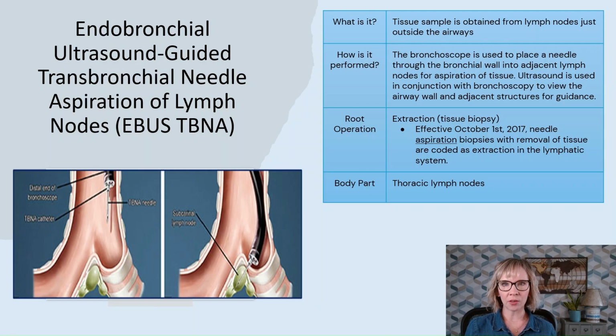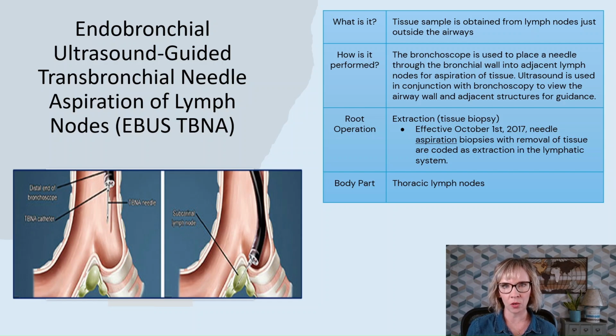Endobronchial, ultrasound-guided transbronchial needle aspiration of lymph nodes is similar to a transbronchial lung biopsy because it involves puncturing through the bronchial wall. However, the objective of the procedure is to obtain a tissue sample from lymph nodes located just outside the airways rather than obtaining lung tissue. Since the lymph nodes targeted are just outside the airways in the thoracic cavity, the body part value will always